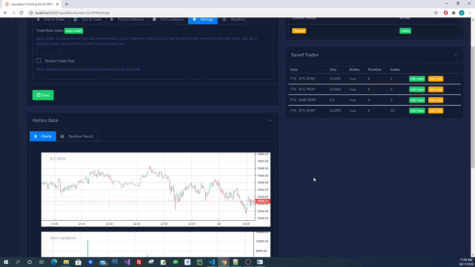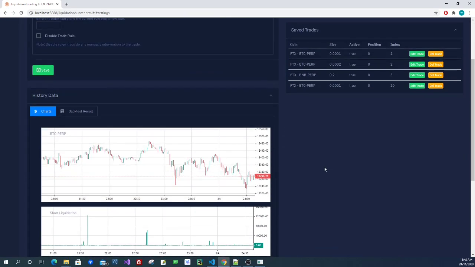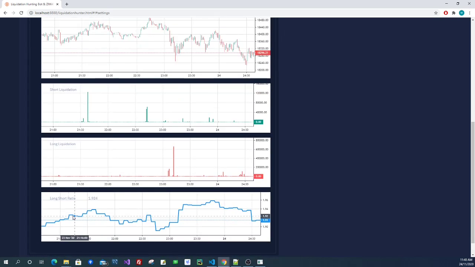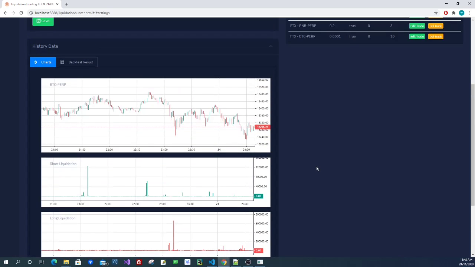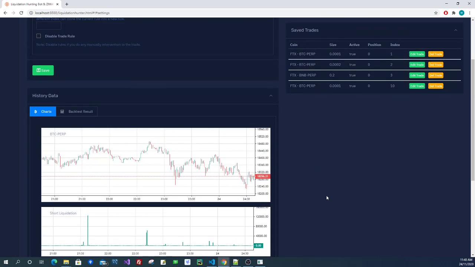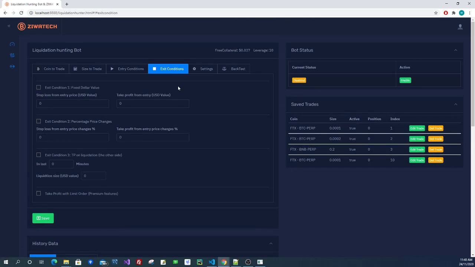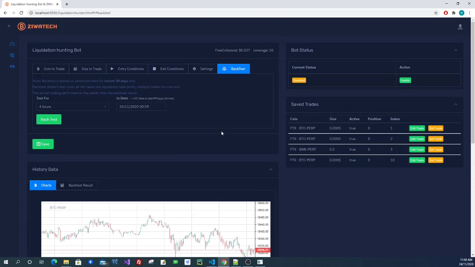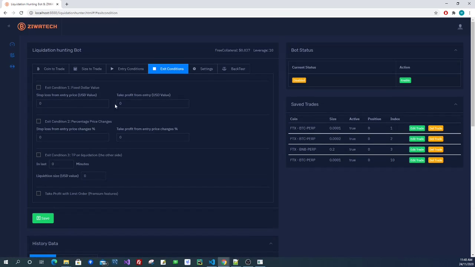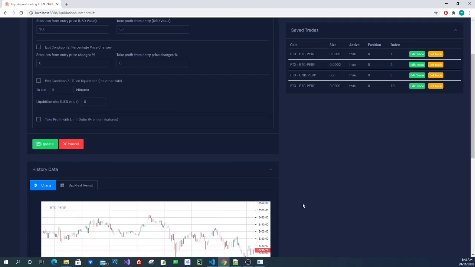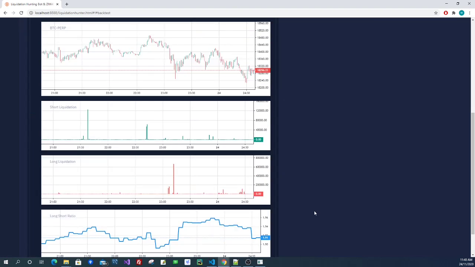And also you can do the back testing, because although it's liquidations, it's quite obvious when the long short ratio and the long short liquidations change, but it's not always the case you can make money. So you have to set up the entry condition, especially the exit conditions, properly, and then do a back test. You can adjust the back test parameters and then make the best fit for your trading and get the best